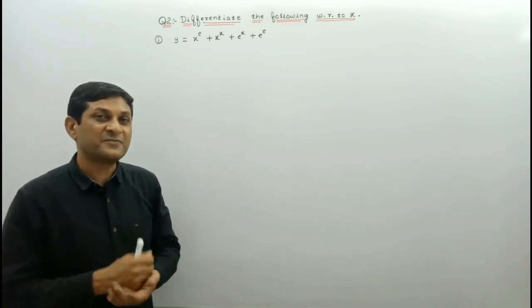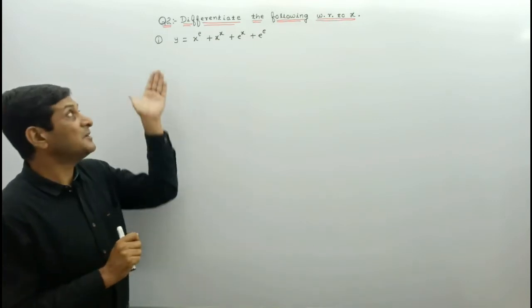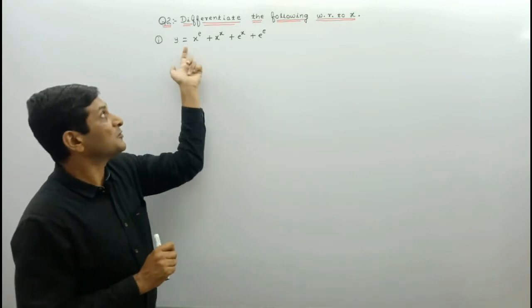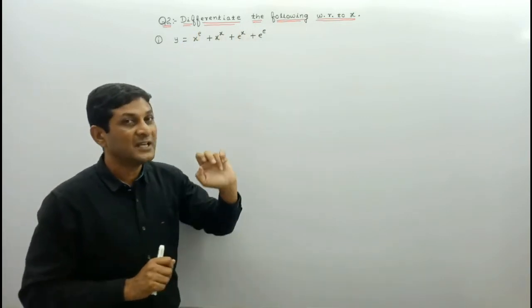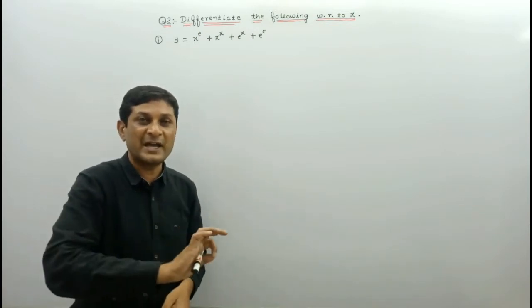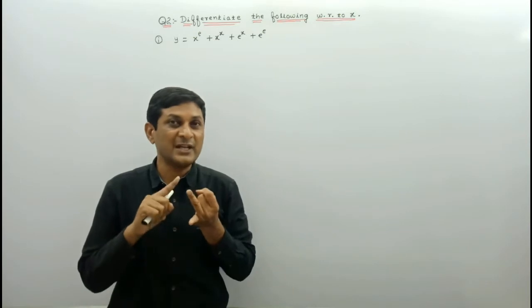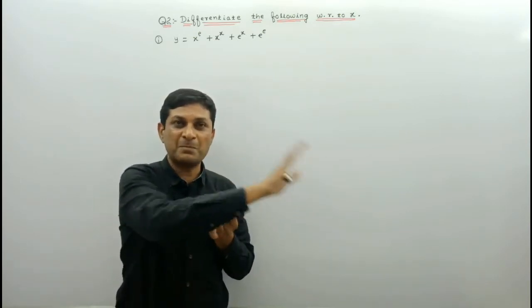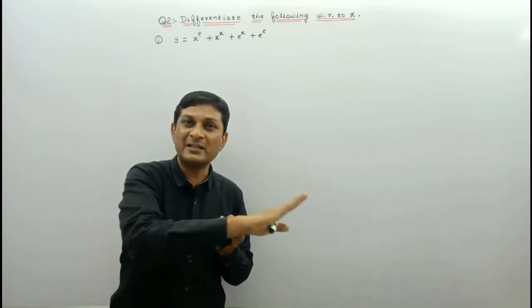अगर logarithmic differentiation method apply करनी है तो हमें दोनों sides को log लेना पड़ेगा. If we are taking log on this side, we will get log y, and on this side if we are taking log, it will be in the form of log of a plus b plus c plus d, and we do not have a law of logarithm for addition. We have some laws for multiplication and division. So one law is there, log of a into b can be written as log a plus log b, and log of a upon b can be written as log a minus log b.